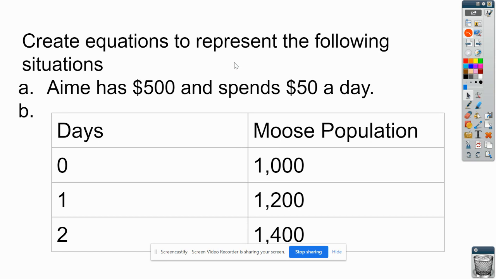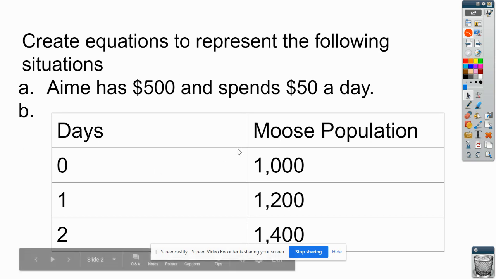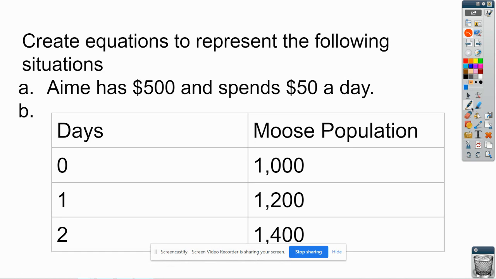All right. So A right here. Amy has $500 and spends 50 a day. So every linear function, regardless of what's in it, really comes down to what does it start with and what does it change by? Okay. So in this particular case,